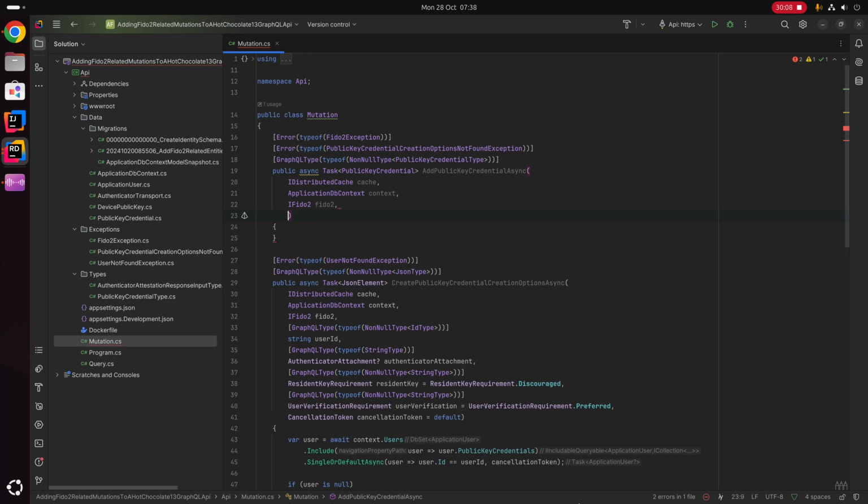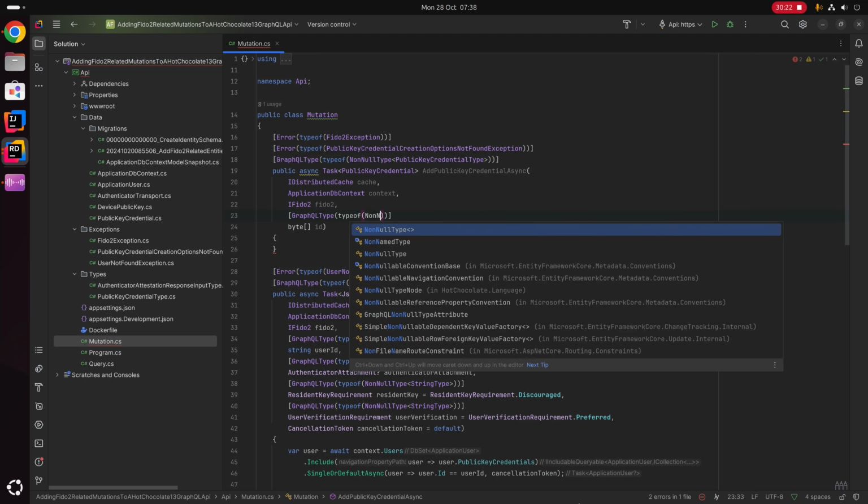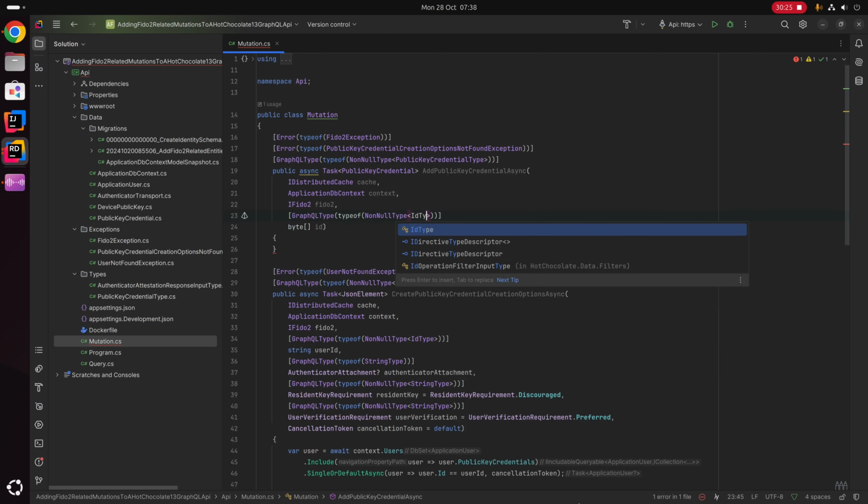Next up, we're going to define the inputs for this mutation. First of all, we're going to specify a byte array called ID, and this is going to be GraphQL type. This will be type of non-null type, and that will be type of ID type, like so. And you'll recall previously we set up type converters in the GraphQL server to automatically convert from a byte array to a string and vice versa,